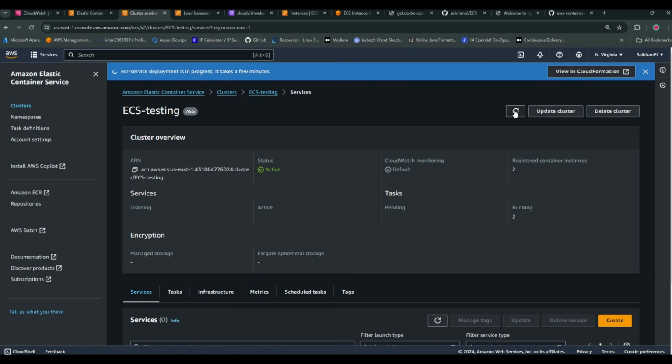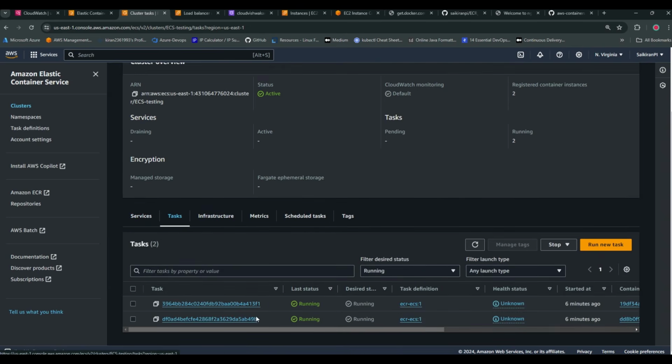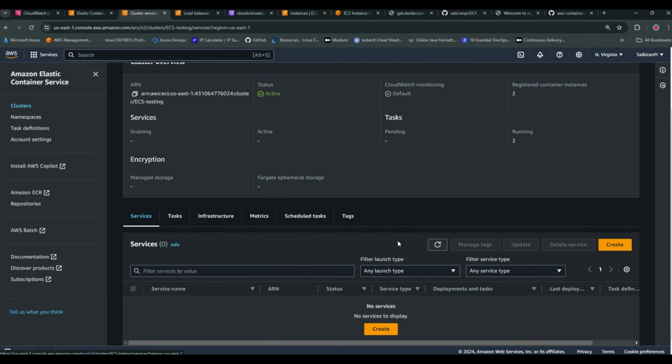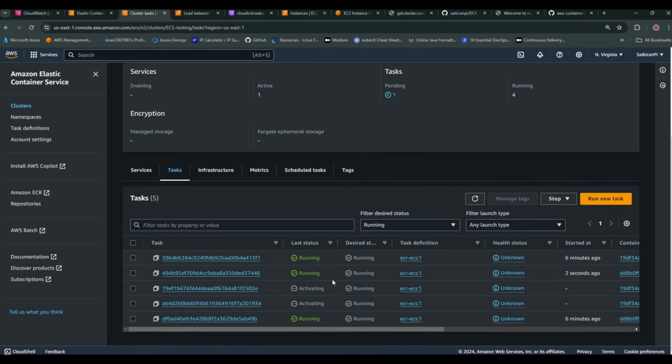Let's wait for some time, guys. It will take a few minutes to come up. If I refresh, you'll be seeing 3 replica sets here because we have given 3 replica sets, right? It is still deploying. Let's wait for some time. Yeah, I got my replica sets here. Before, I had created only 2 instances, now it was 3, total 5. Refresh, everything is running awesome.